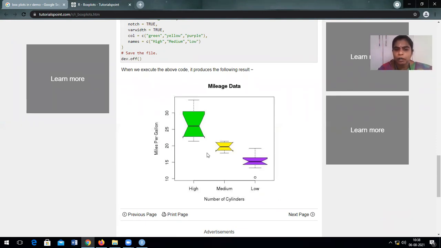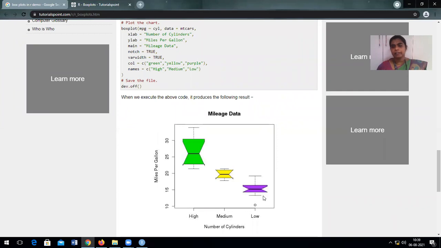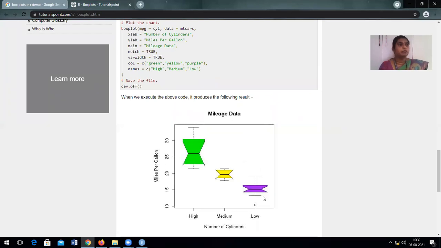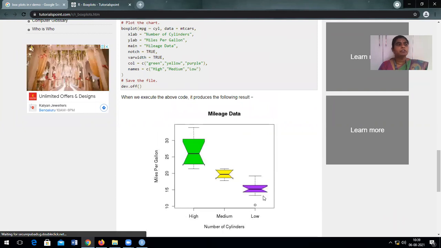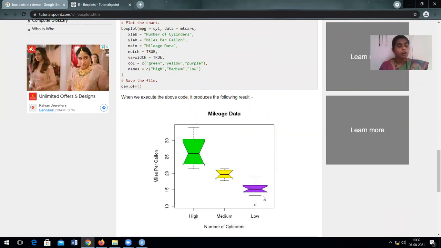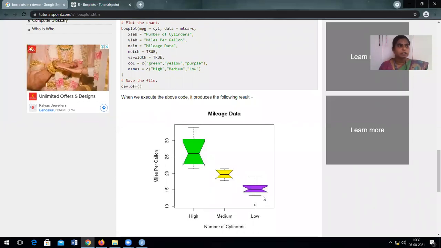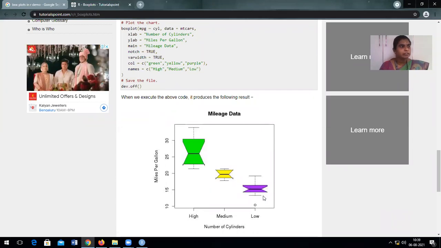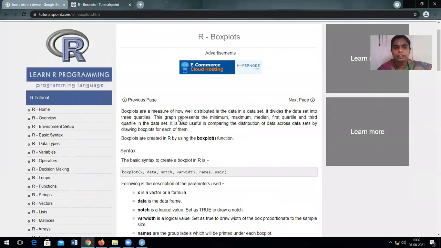So they want to plot each and everything individually with respect to mileage data. All this, I will say, we will not get a clear idea until and unless you start your own application. When you are given one data set and asked to do something, that moment you will understand the significance of using notch, of using two variables, of using a single variable. Are you getting it?